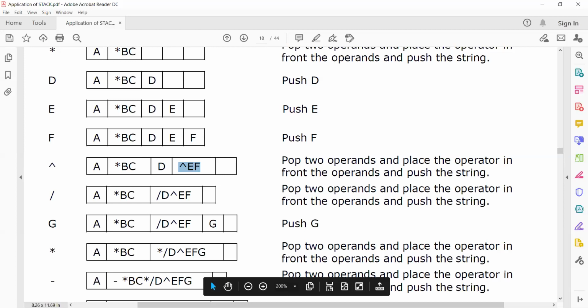Let me show it on the whiteboard. How will I do? For example, char a equal to pop top. It means that the string is placed here. I cannot place the string in a single character; it can be like an array, the possibility of an array will be there. That's why we are making it a character array. Then what we'll do? Top minus minus.